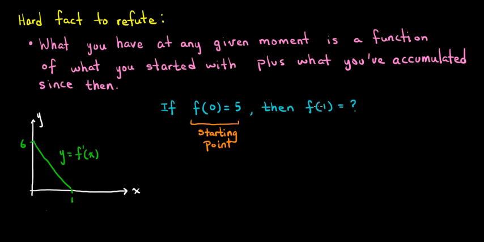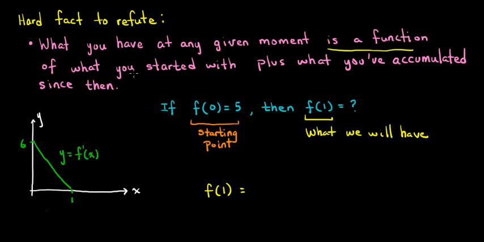And this right here, I want to find what f of 1 is. We can think about f of 1 as where we're going to end up, or what we will have, because we haven't figured it out yet, right? And if we go back to our statement and try to write some type of equation to figure out how to solve this, well, what we will have, or what we have at any moment, so that's going to be f of 1, is going to be equal to, because it is a function,